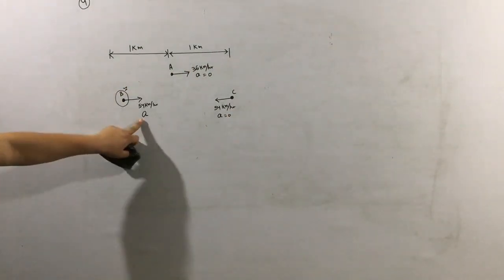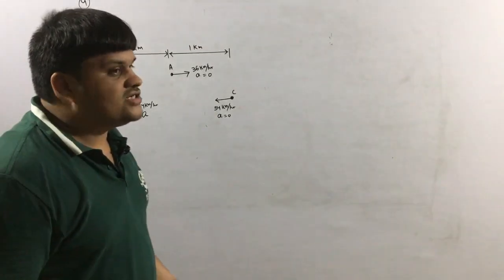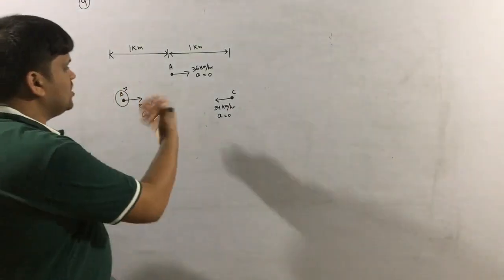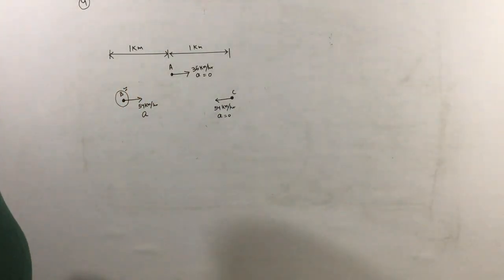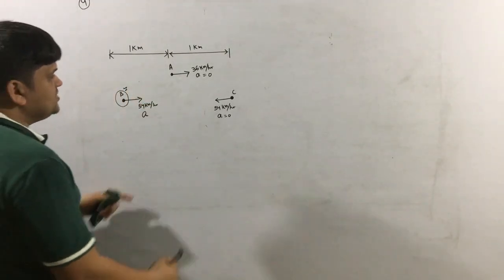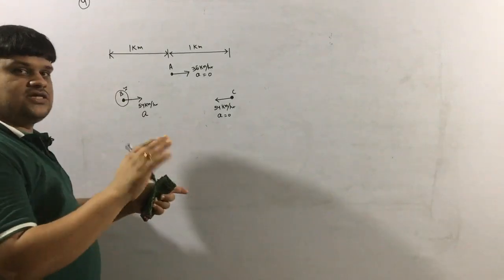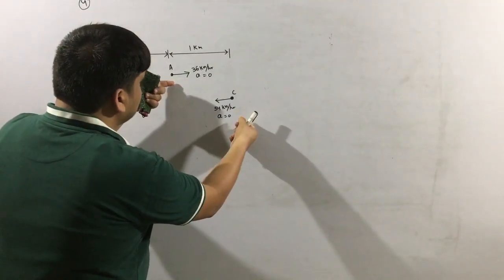Now the question is, what must be the acceleration? What must be the minimum acceleration? More than that it's okay. If it is more than that, then it will overtake A sometime before. But what is the minimum value of A should be? Okay. Now let us first find how much time. It is same type of question as the question number 2. Let us first find how much time these two will take.